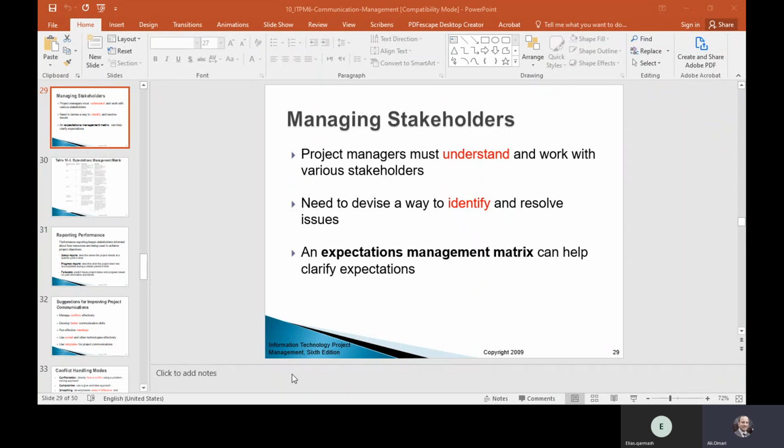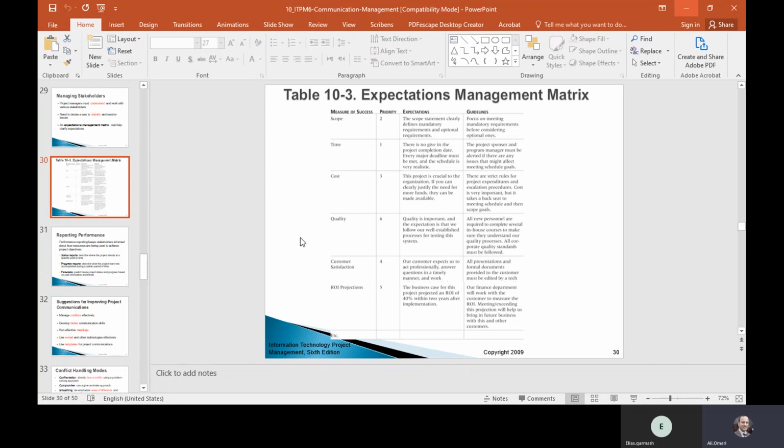And as a deliverable for this task, you need to design an expectation management matrix. Expectation management matrix, which looks pretty much like what you see in here, where you have measures of success and what is the priority, what to expect, and the guidelines.